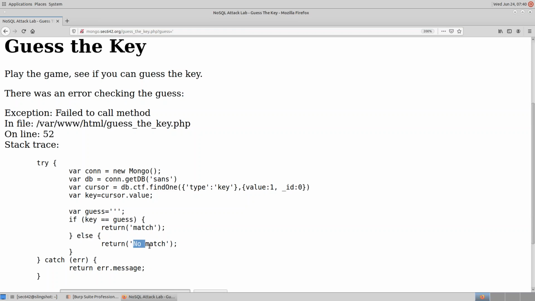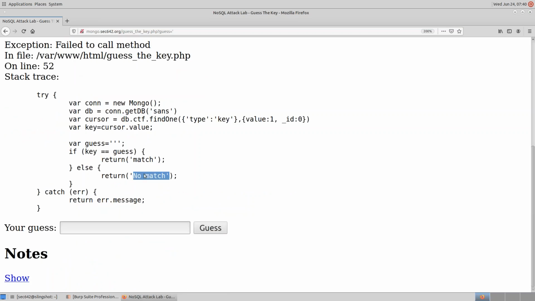Else, return no match. Well, I saw no match because I put in something else. I put in 42. Now, 42 is, again, a bit of a joke. It's the answer in a book series called The Hitchhiker's Guide to the Galaxy by Douglas Adams. But if you think about this, okay, so